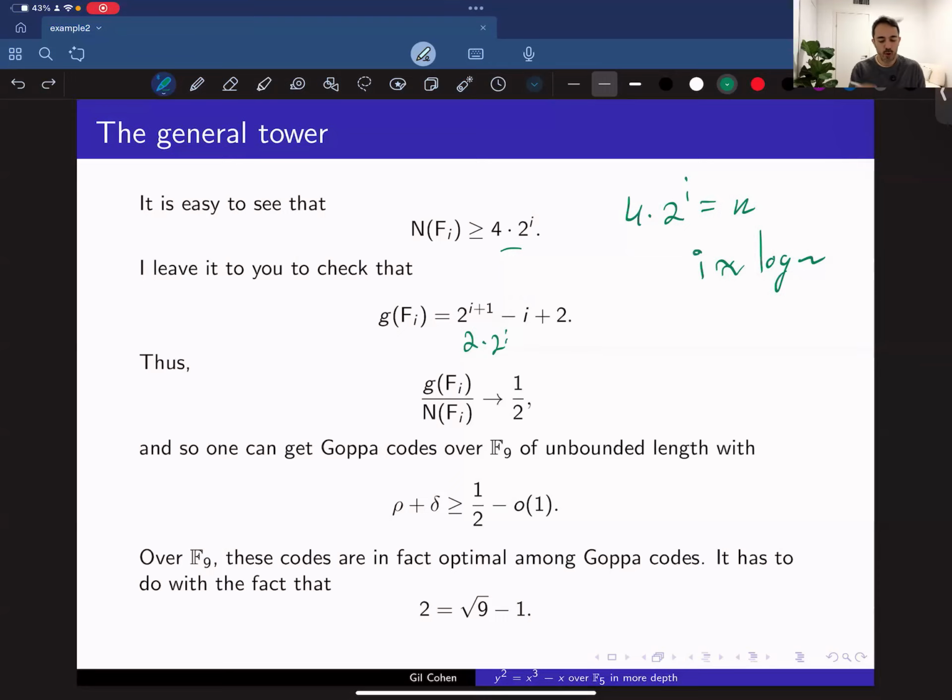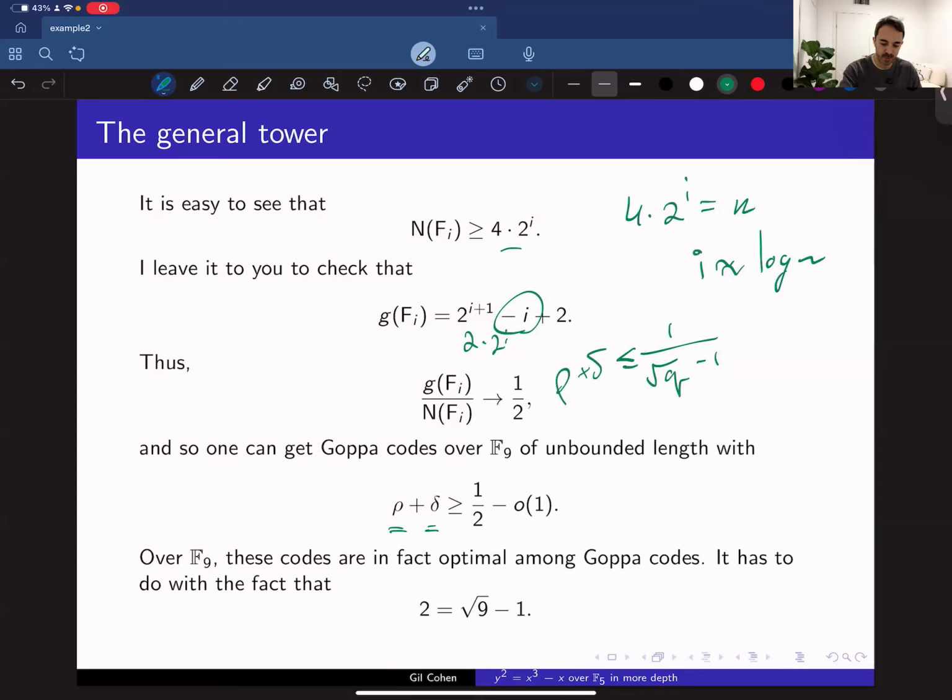So the Goppa code that we initially defined in lecture 5, instantiated with this particular function field, the function field that appears at the end after log n layers, gives you rate and delta whose sum is at least half, maybe minus a little of 1 because of this I. And over F9, these codes turn out to be optimal Goppa codes. Generally, if you remember, I told you that the best thing you can get is something like square root of q minus 1. So rho plus delta will be at most